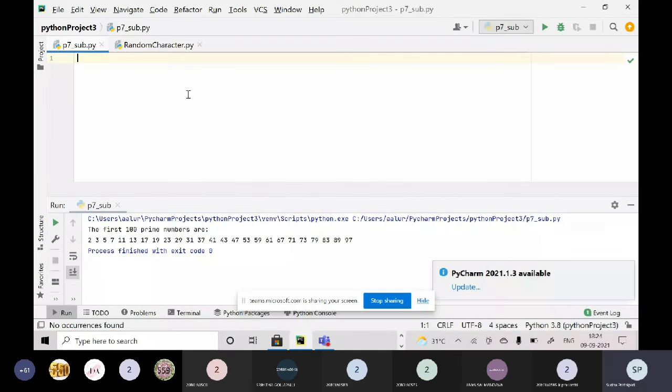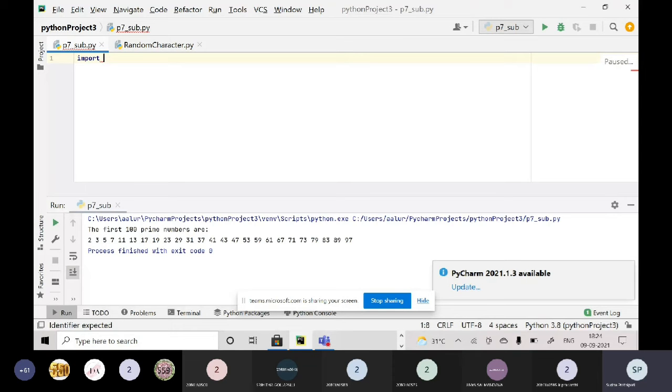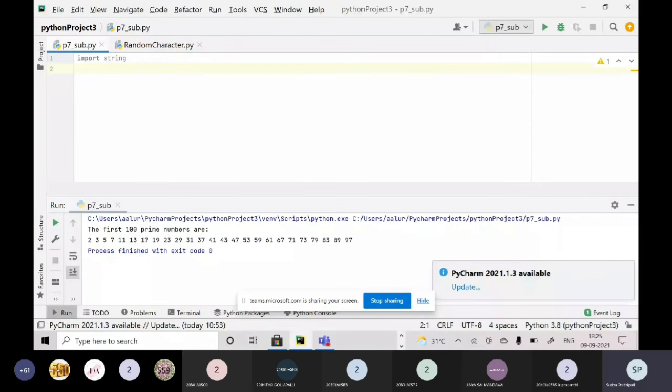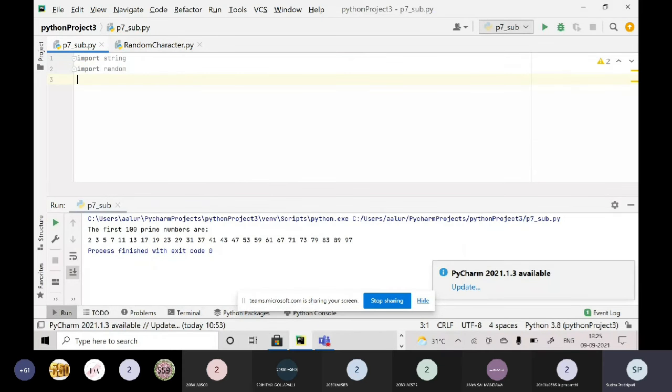Inside this module, I'll be writing the code to generate 100 random lowercase characters. For that, I need to import the module called string, because I need to use the attributes inside string to generate the lowercase letters. I also will be needing the module random. These are very important placement questions, Andy. This will help you a lot in how I'm solving the problems. Please do make an observation because this learning will definitely help you in future.